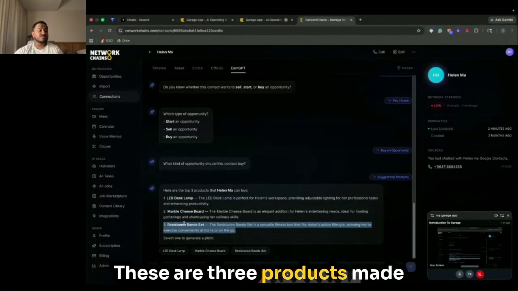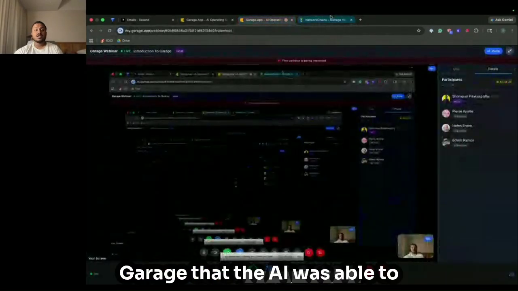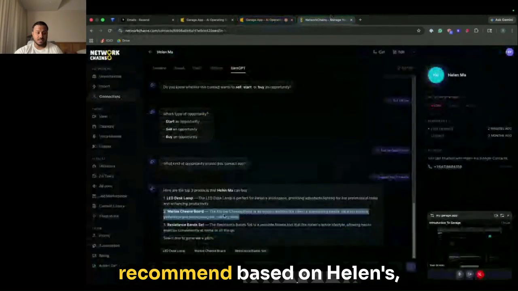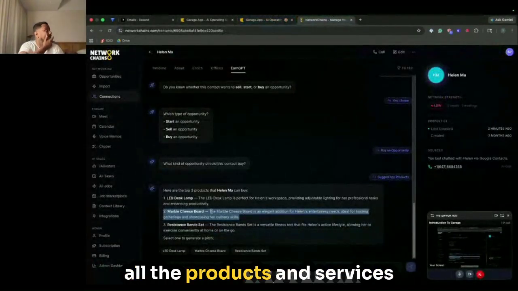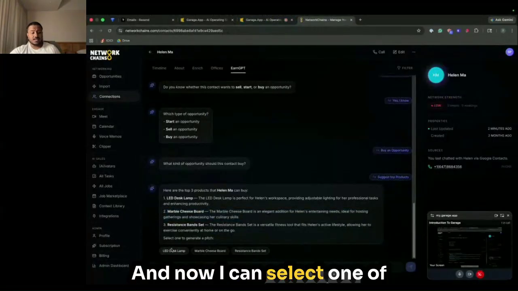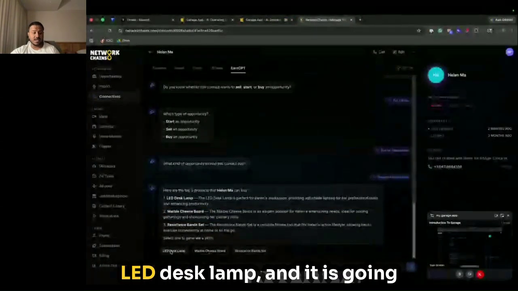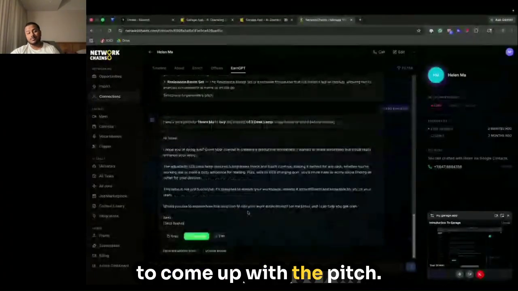These are 3 products made by 3 random companies in Garage that the AI was able to recommend based on Helen's profile and based on all the products and services being sold by Garage. And now I can select one of these products, let's say the LED desk lamp, and it is going to come up with the pitch.